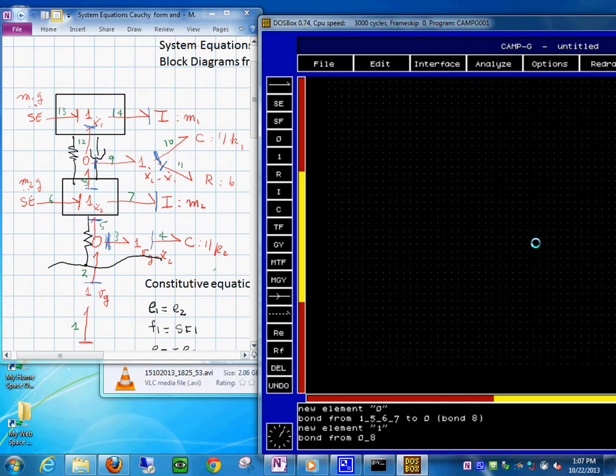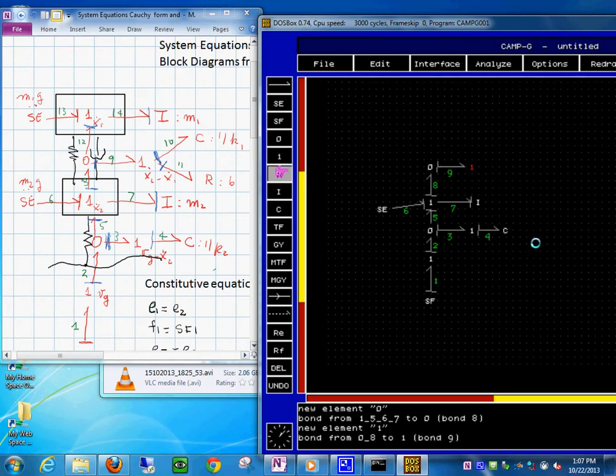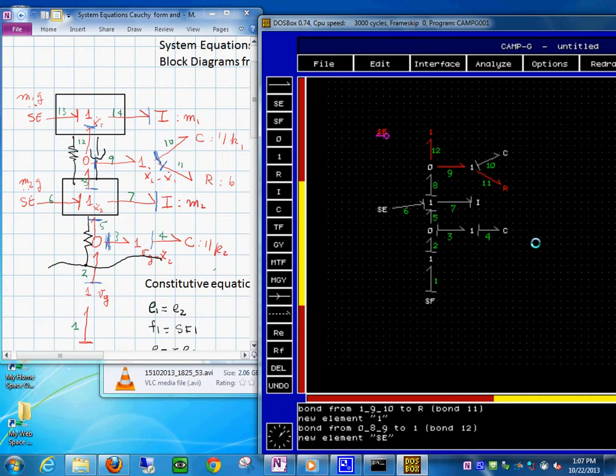So number 10 is the C element over here, and we are at number 12. So this is the one that would go from here to here, and then you have an SC which would go from here to here. You see the part that is red is because it's not complete. See, right now we are back in business in here, and then we have the I element, and we are finished. The bond graph that I have on the left hand side is the one that I have on the